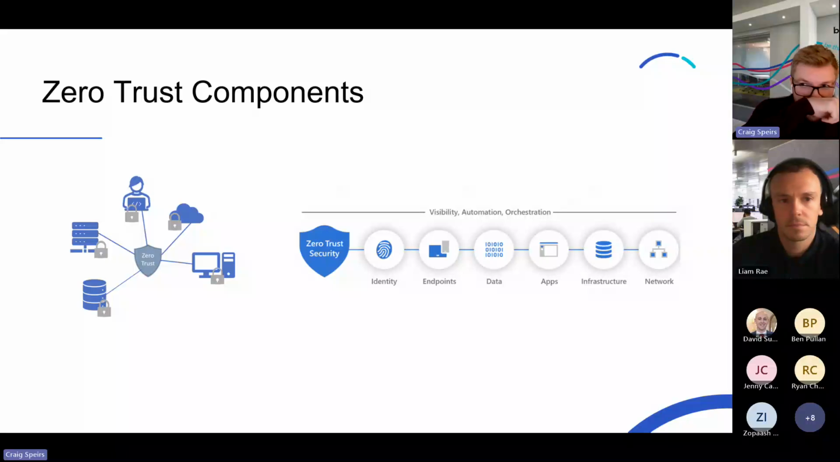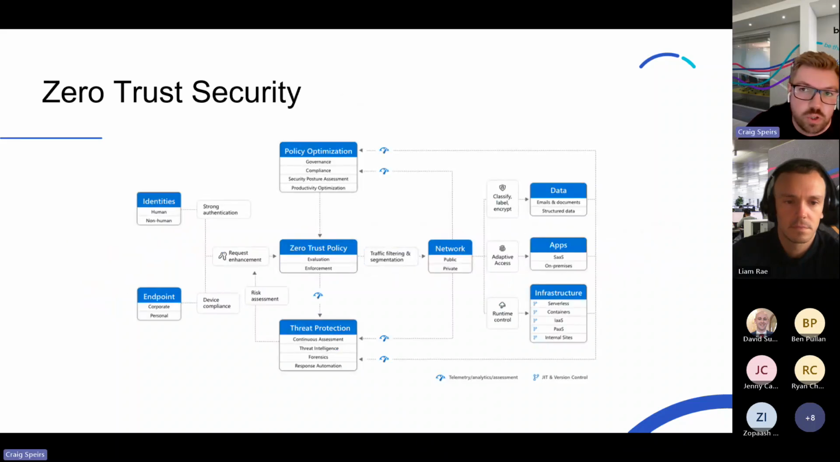So as touched on the previous slide, by adopting a Zero Trust approach, you can build a strategy around its 6 key components, which are identity, endpoints, data, apps, infrastructure, and network. So in this graph, you can see security policy enforcement is at the centre of a Zero Trust architecture, and all important components work together to provide end-to-end security, with protection being applied to each layer by verifying user and